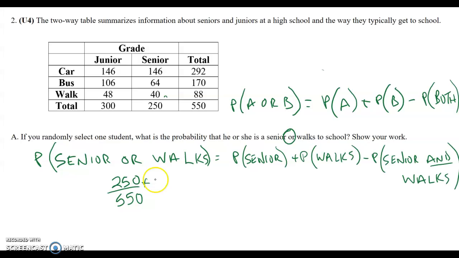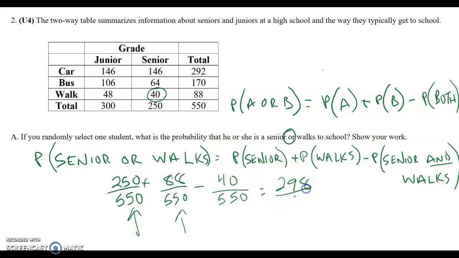Of course, that's an "or," so it's plus. The probability that the person walks to school is 88 out of 550. But we have to subtract the overlap. There are 40 students that are senior and walk, so I'm counting those 40 seniors twice. I don't want to do that. I only want to count it once, not twice. So I have to subtract the probability that a randomly selected student is a senior and walks to school. That's how we get 298 out of 550,